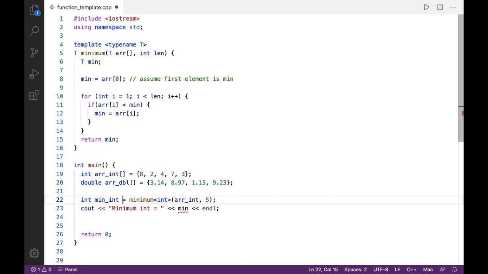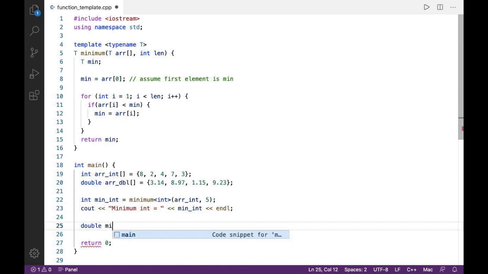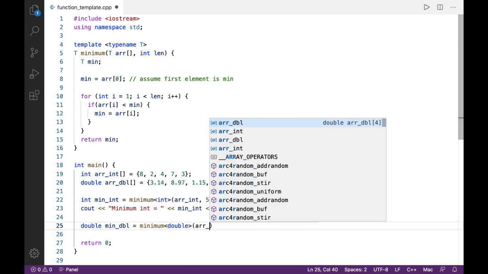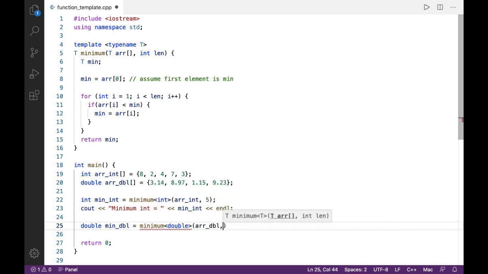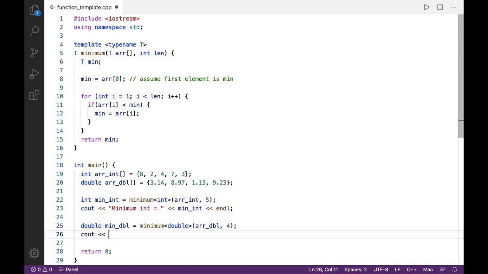Now let me just modify the variable name of min to min int, and I'll declare one more variable minimum for double, and which is equal to, I'll call the template function for double. Whatever result, I'll simply display with minimum double equal to,